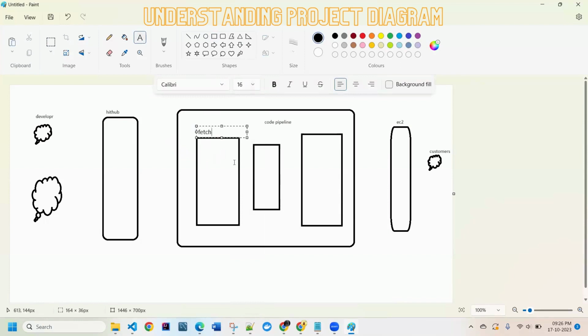Fetch, build, deploy. This is true for Azure also, anything. Three things. You will fetch the code, build the code, deploy the code.